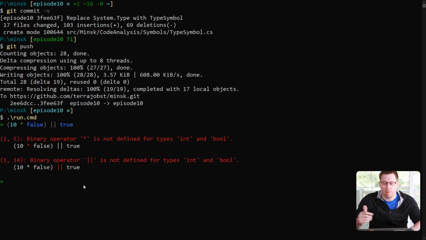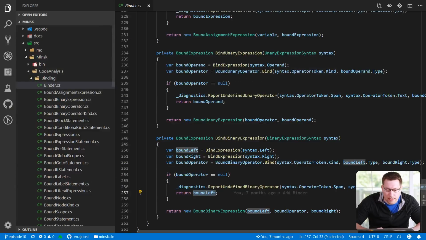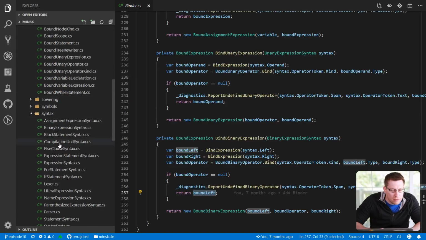This way you have what's called cascading errors, right? You no longer cascade the error forward and drown the user in error messages. You only report the root cause. And when the root cause is fixed, many other issues are no longer happening anyway. So what we really want to return here, instead of returning left, is an error expression. But expressions need to have some sort of type. So what we will do is add